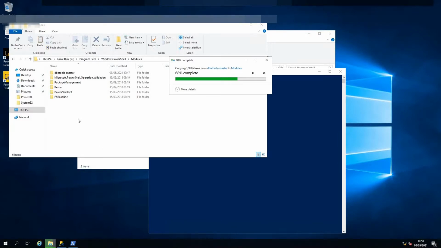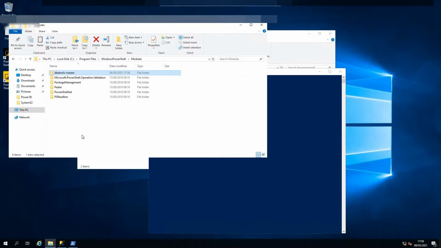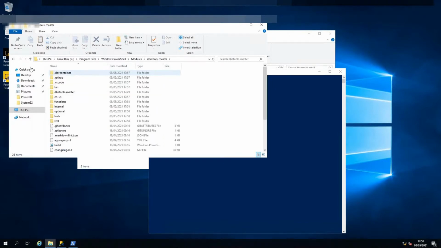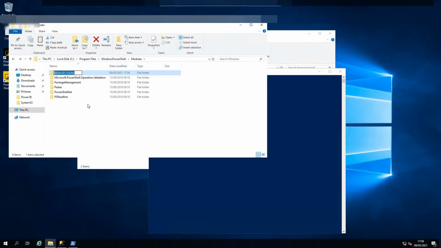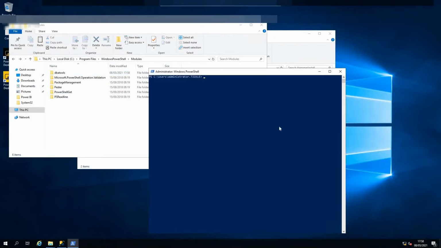And then once you've copied this out, you can then rename it to dbatools. Okay, so that's done. And if we now just rename that to dbatools on its own, as it said on the website. Okay, and then if we go back into PowerShell and just do Import-Module dbatools,